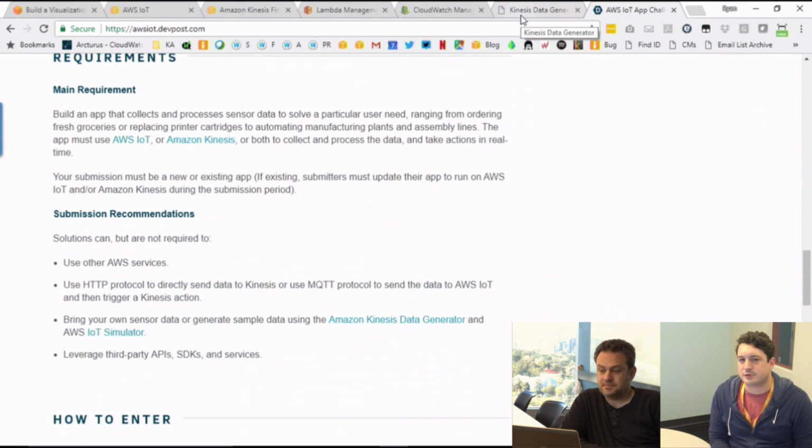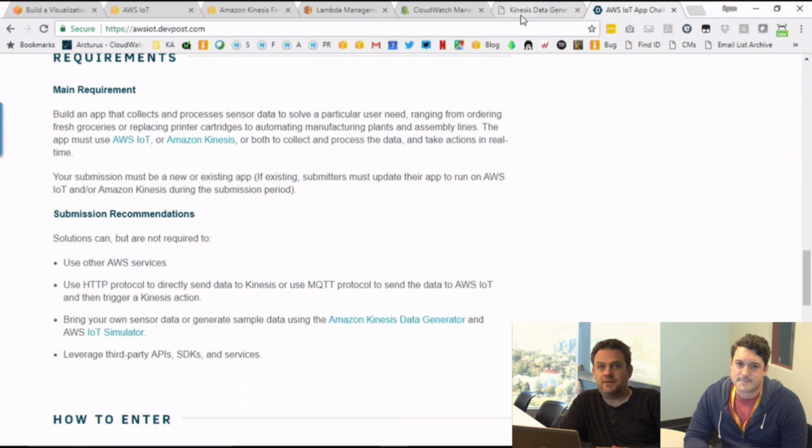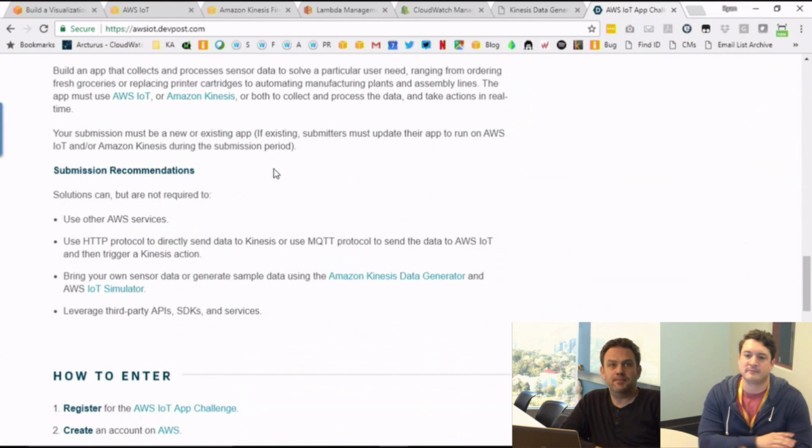Just because the integration between the two is really, really nice. It's simple to get started, but if you just have a bunch of Raspberry Pis and you want to write directly to the stream, you can. Yeah, if you do want to use physical devices, again, I would encourage you to use something that is capable of running the AWS SDK. So I would just recommend against going down these extremely low-powered, tiny devices.